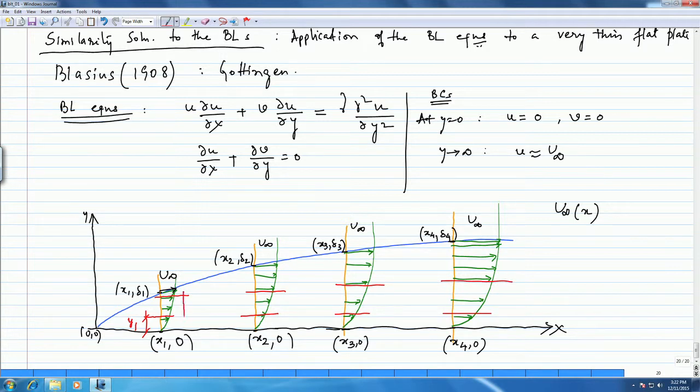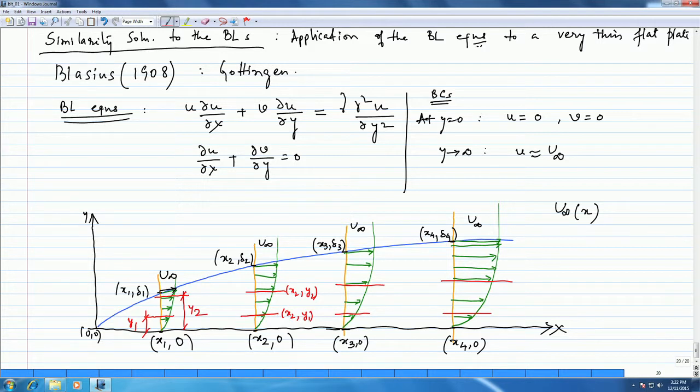So, this height is y2. I could say this is x2 y1 and this is x2 y2 and so on and so forth. Now, the question to ask here